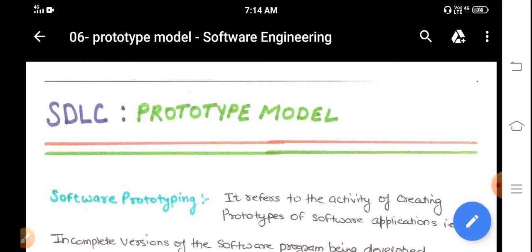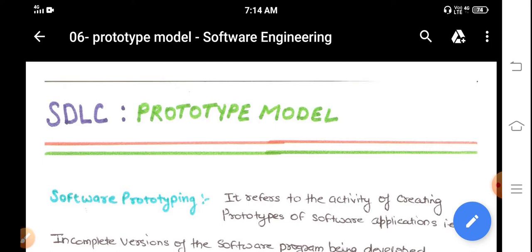Today we are going to start our next model, that is prototype model. In our last class we have discussed the waterfall model. Actually there are various different types of SDLC process models, software development life cycle models. We have discussed the waterfall model and there are some drawbacks in it, so we are going for the prototype model. Waterfall model is the basic model and the first model designed to produce a software product, and in order to rectify some errors in the waterfall model they have invented this prototype model.